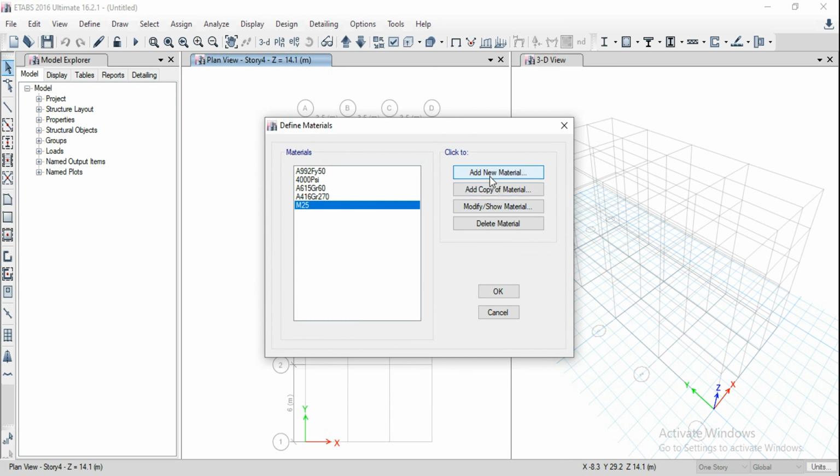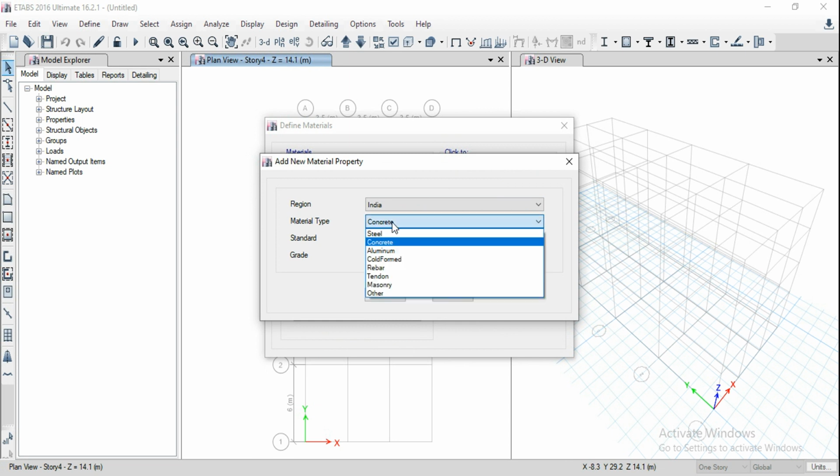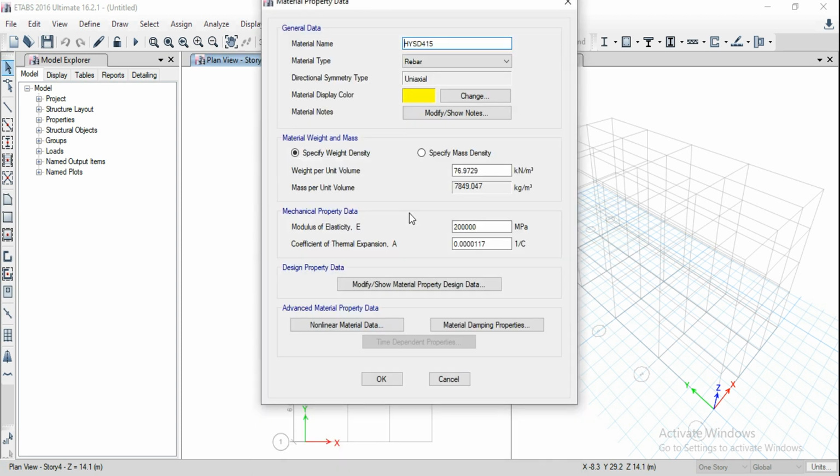And similarly I want to create the steel properties, that is the rebar properties. You can select the material type as rebar here. If you are going for steel, it will be taking the steel structures. We need to define the reinforcement as rebar here, and by default we'll be getting the grades of steel like this. If I want to use HYSD grade 415, you can click on HYSD 415 and click on OK. Okay, so here it has been given as HYSD 415. If you want to rename, you can rename that also, but let it be default. And we'll be getting all the material properties here, and you can click on OK.